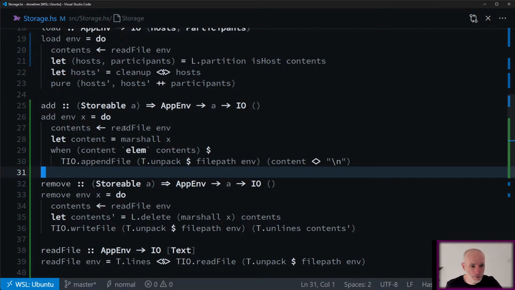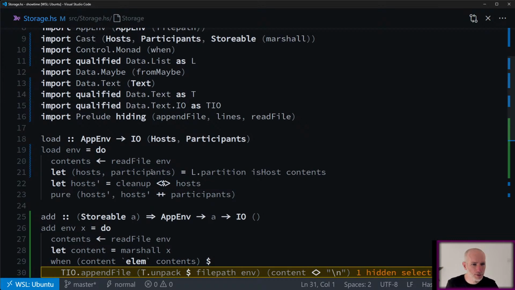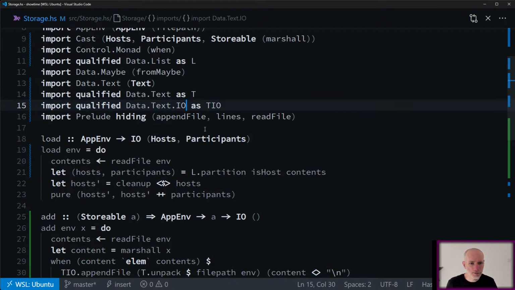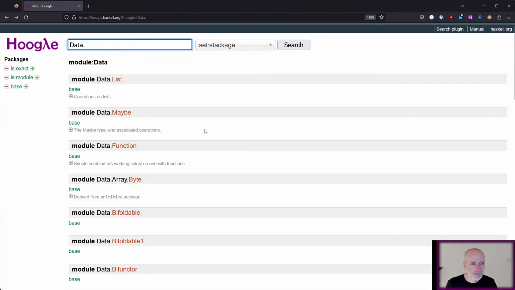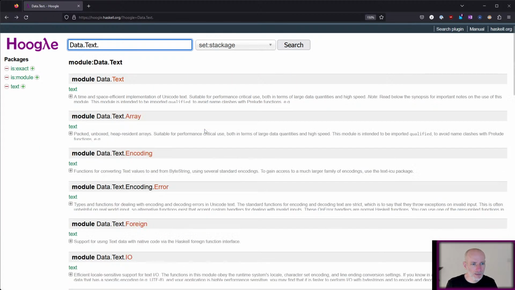First, we read the file. I'm not sure if it should force it to evaluate because it might be lazily read. I can't remember if I imported strict or not. No, I could import IO. Is it strict by default actually in data text? I can't remember. Data text IO.